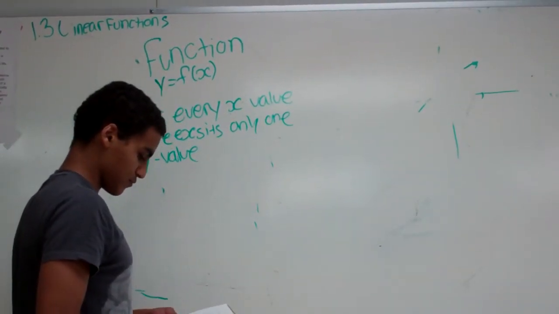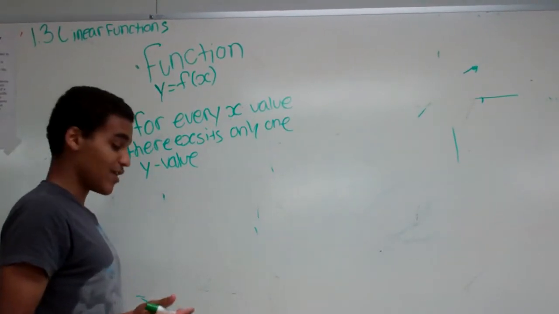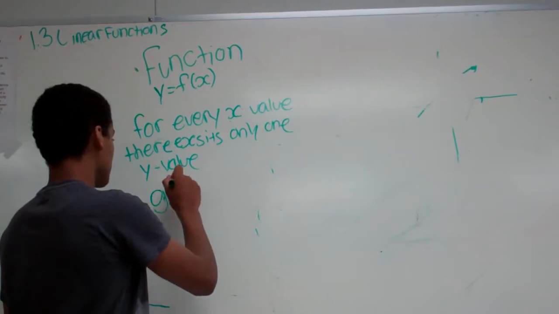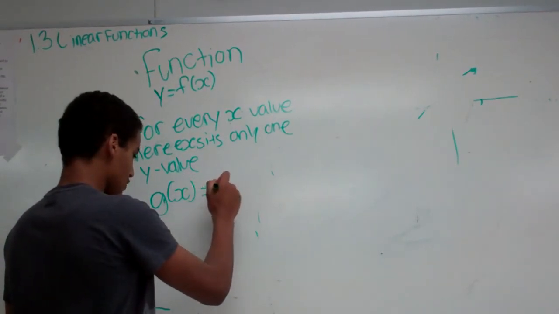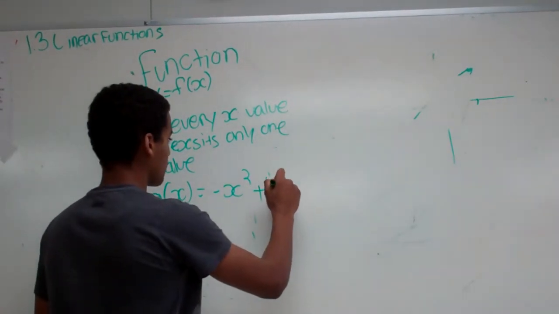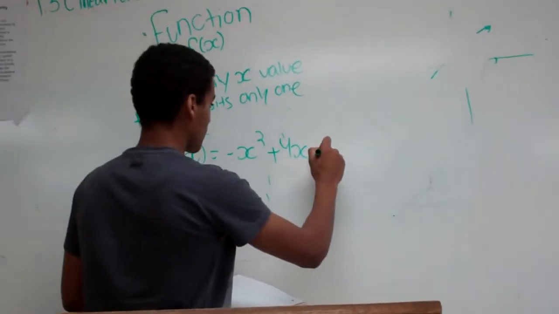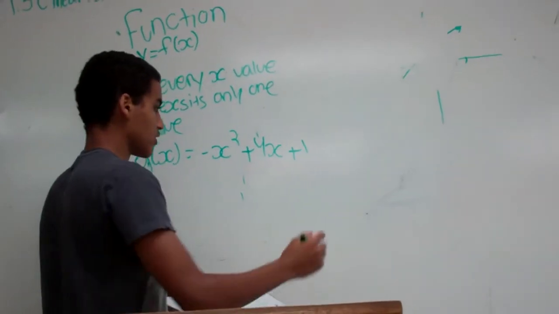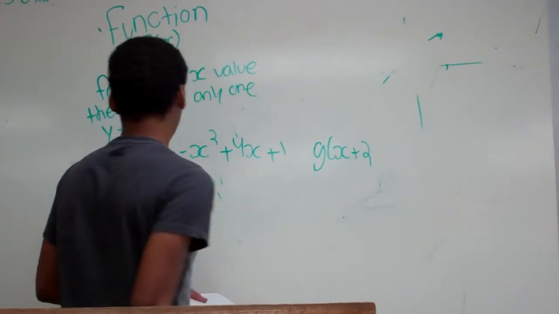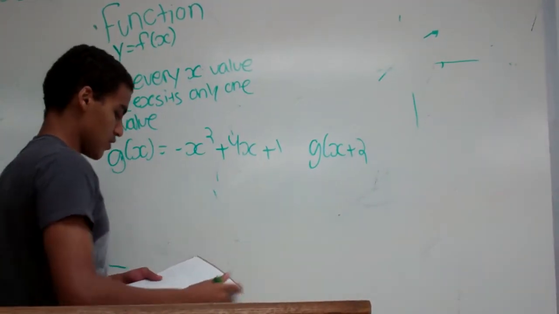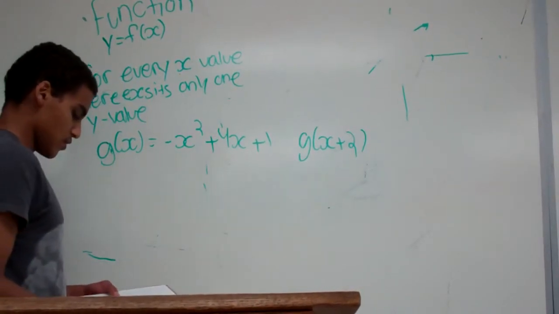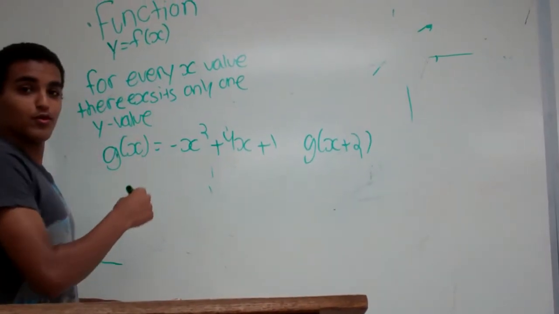And next step is evaluating a function. So let's say we are given this equation, g of x equals negative x squared plus 4x plus 1, and we are given that we want g of x plus 2. So basically what we do is we plug this in for x,